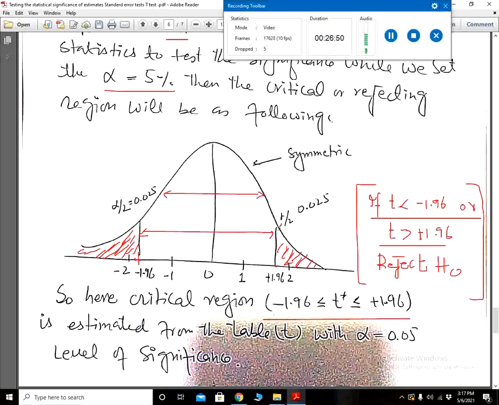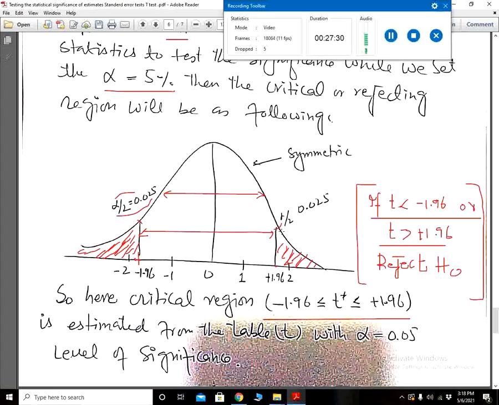So we calculated this critical region on the basis of alpha 0.05, meaning 5% alpha with a two-tail test. This alpha on the negative side will be 0.025, and again on the positive side it will be 0.025. Again, this is a symmetric bell-shaped normal distribution curve. So we have set up the rejection and acceptance criteria, and we stated that if the calculated t star value falls in the critical region, we will reject the null hypothesis.